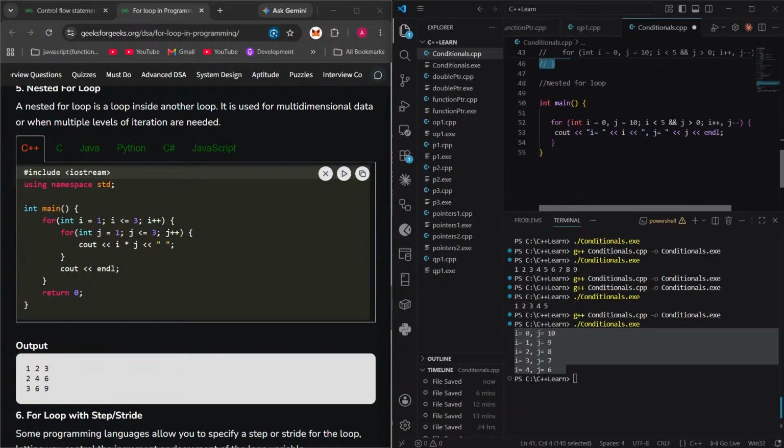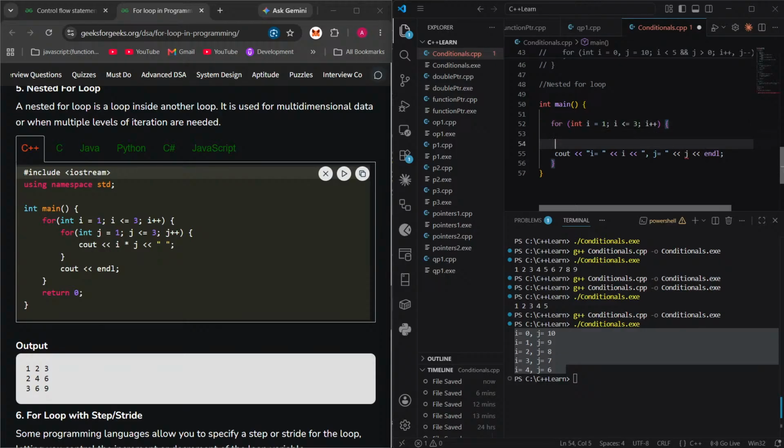Right? So we have a for loop here. Okay, let's just remove this. Let's say in our first condition, i starts from 1, and i is less than or equal to 3, with i plus plus. Inside that for loop, another for loop,